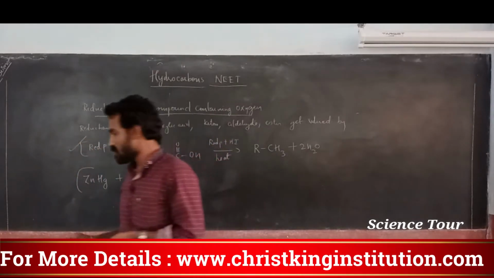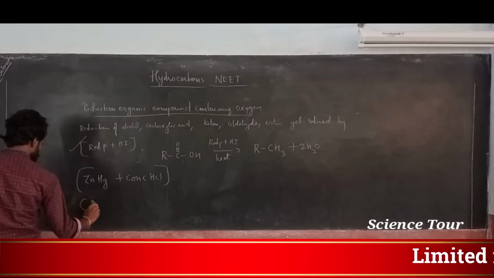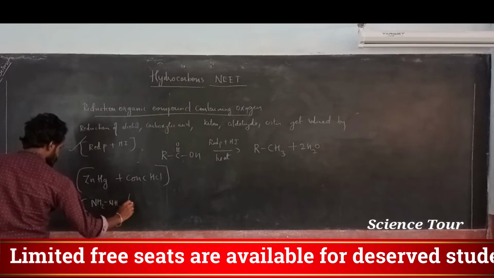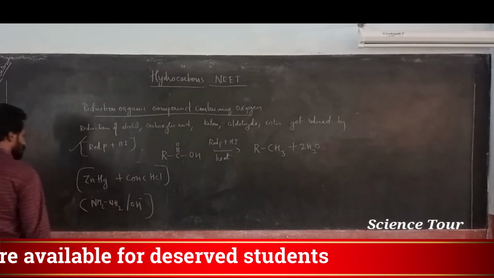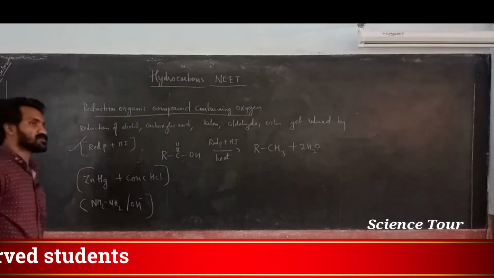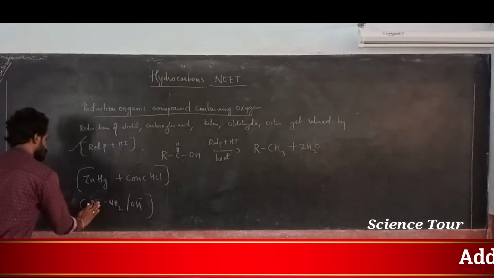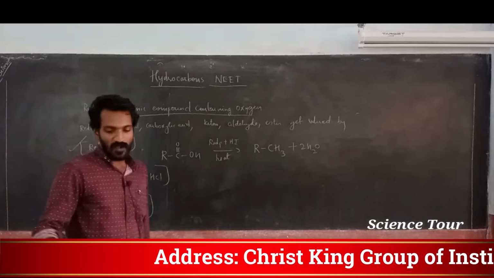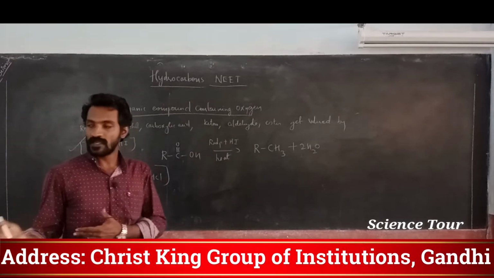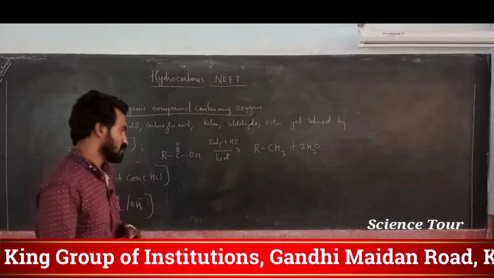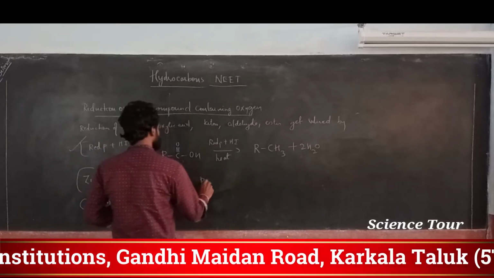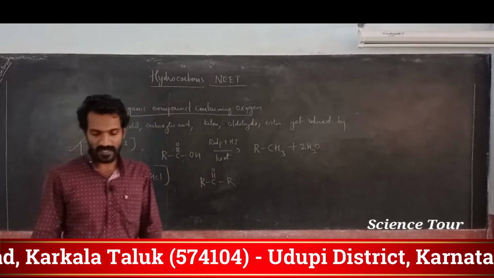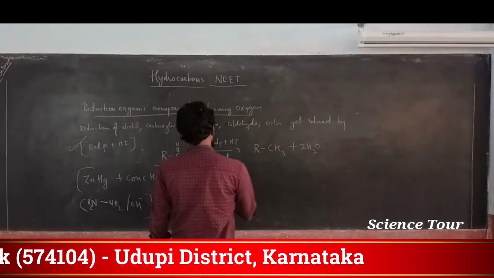Understood? Ketone into alkane. And one more compound is given, hydrazine, NH2NH2, in the presence of OH minus. This is also used, my dear students. So I will write like this, NH2NH2. This is also used to convert ketone to alkane. For example, I will write, my dear students, otherwise you will get confused. This is actually any ketone. Just you take any ketone and reduction takes place.